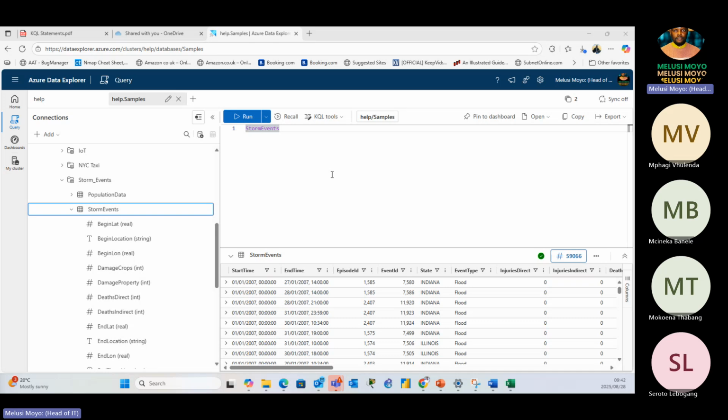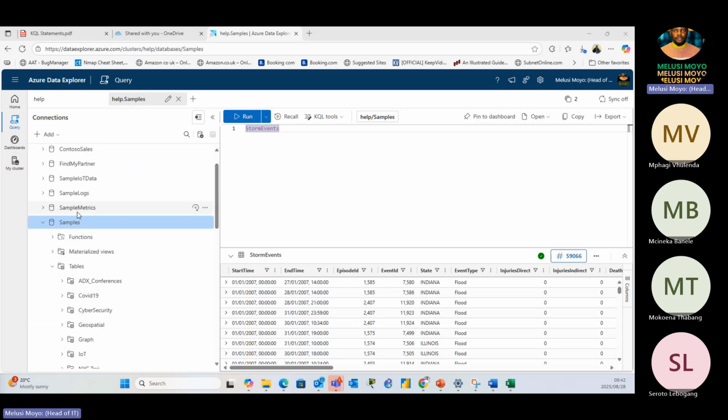So it has to refer to those containers, to those databases. All right, so they were getting an error on their side because, check here. Can you see where it says help.samples? Hey guys, are we following? You see where it says help.samples. So it means that we are actually communicating or retrieving data from this